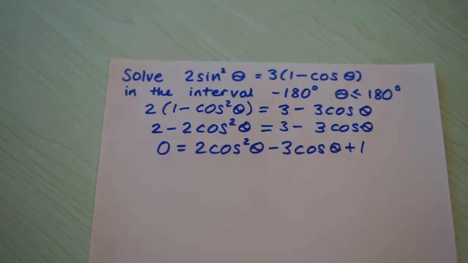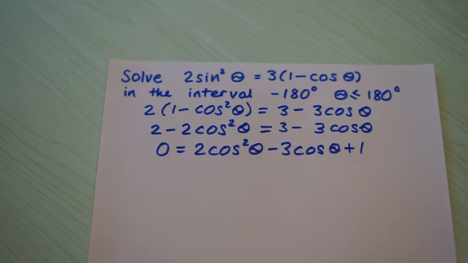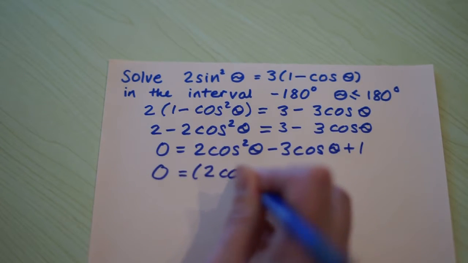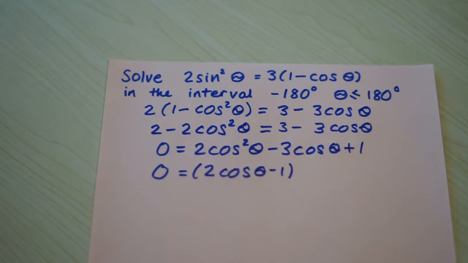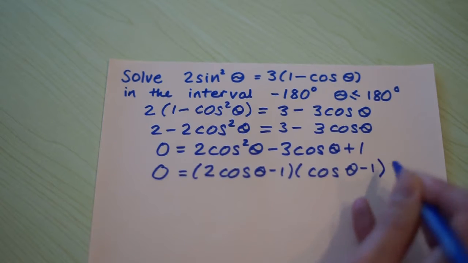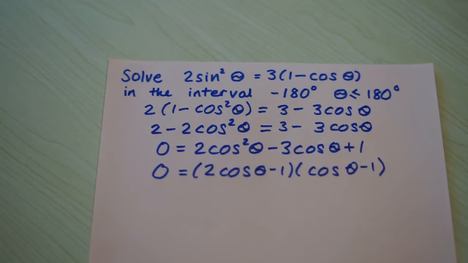Okay, so this format that we've now got our equation into, where we've just got coses in there, that should make us think of a quadratic equation. It's exactly the same format as a quadratic equation, but instead of x, we've got cos theta. So we can factorise this in exactly the same way as we can a quadratic equation with x in. So let's have a look at that equation. Okay, so we've factorised our quadratic equation,